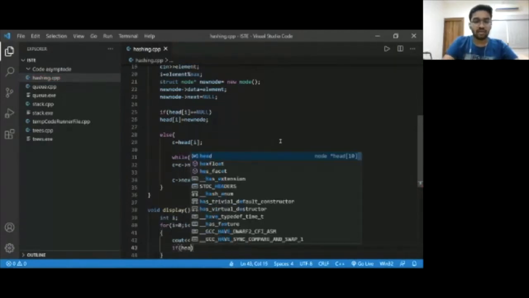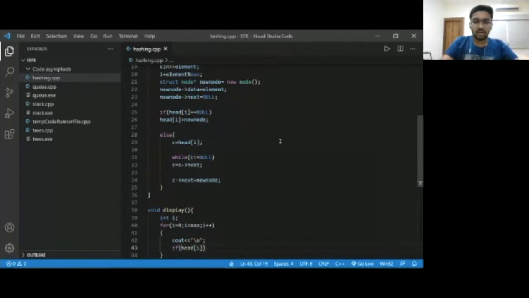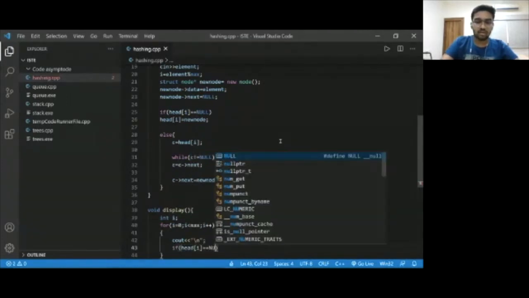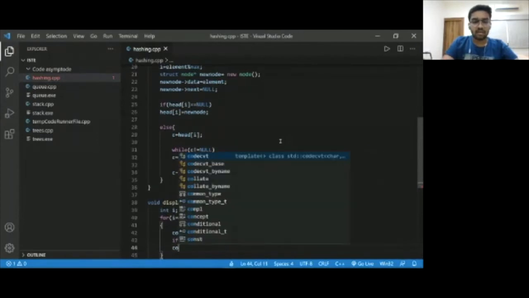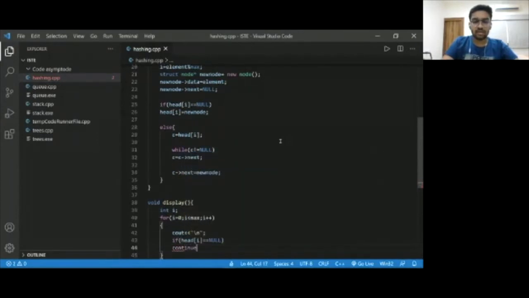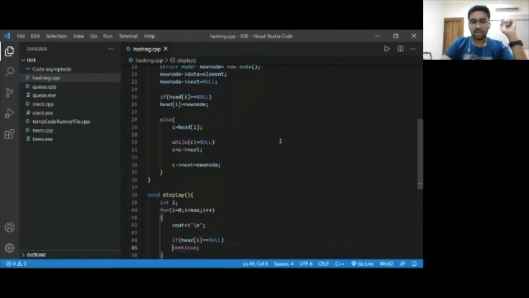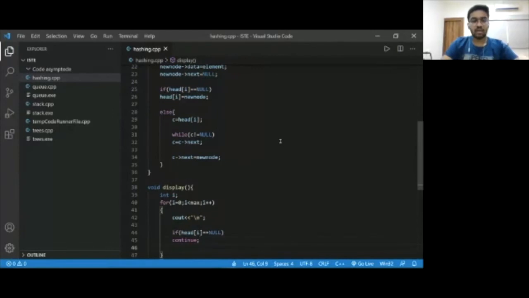And if head of i is equal to null, that means there is no value in the hash table corresponding to that key, then we just continue. So we have no issues.